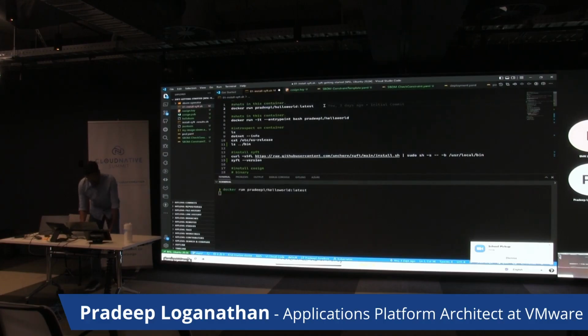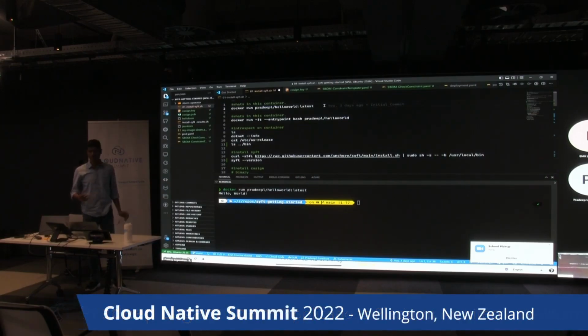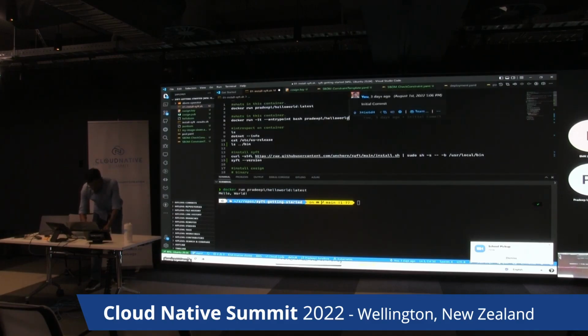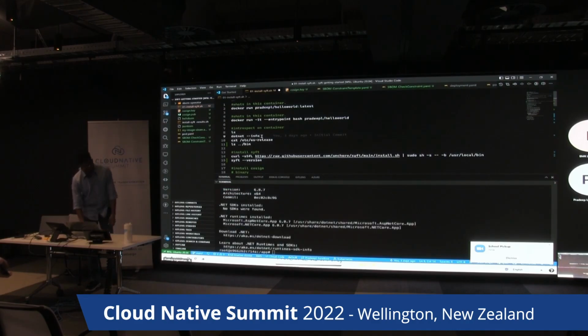Okay, I've got a simple container doing nothing much, an obligatory hello world container. If I want to understand what's in the container currently, let's forget the fact that we know about SBOMs right now. The only way we can generally do it is by jumping into the container. I would run a bash on it and ask, what's within the container? There's nothing much over there, but I know that it's a container which is running a .NET application. So I could ask, what's the version?